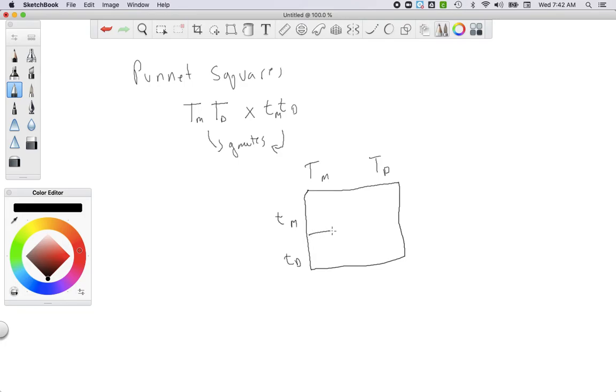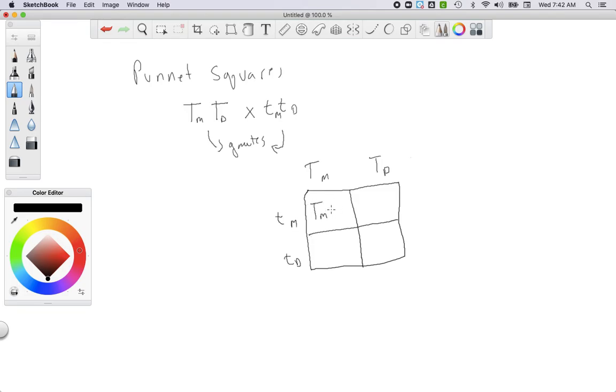Dad. So if we make a little box over here, we can show all the possible ways that the gametes this plant could make could come together with the gametes that this plant could make. So we write the gametes across the top and the side. It doesn't matter whether you put maternal or paternal, either one. And then you fill in these boxes. So in this box,